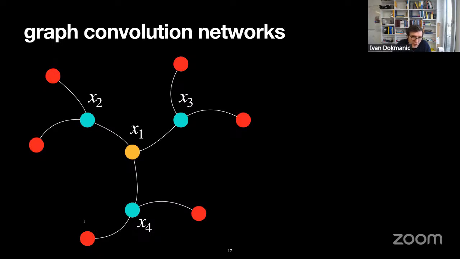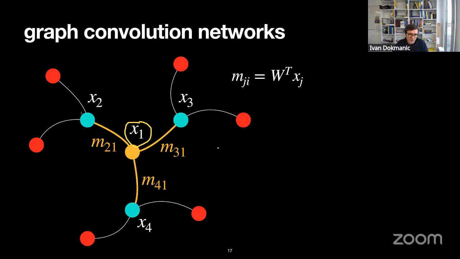So here we have a graph, and each vertex has some associated feature vector. We're interested in how the feature vector for this central vertex is being updated. The way to do it in a graph convolution network is, first you compute some messages for all the neighbors of this central node. You compute this just by multiplying the feature vectors of these neighbors by a matrix. And then you update x1 simply by summing this or averaging, or you could also include a self loop, etc. So this is the update equation, the usual one.